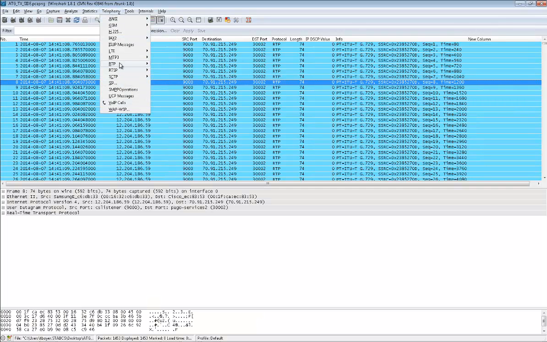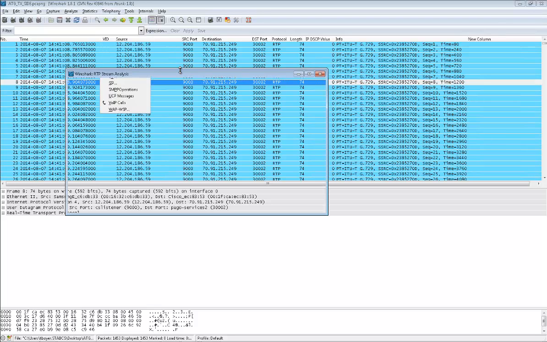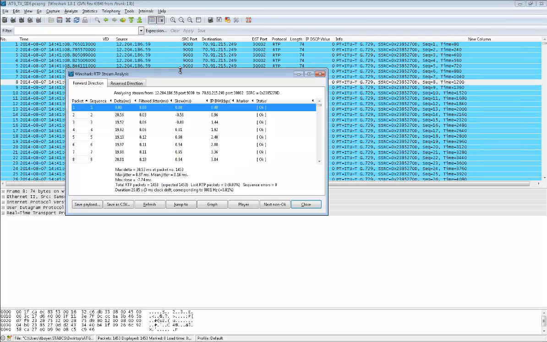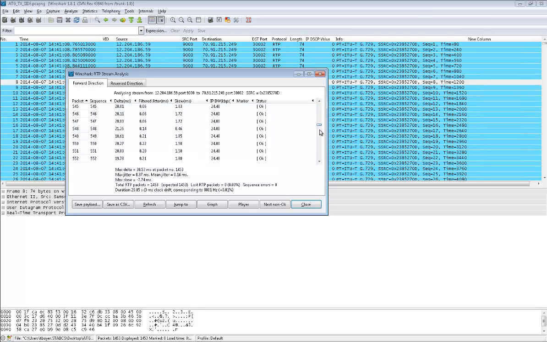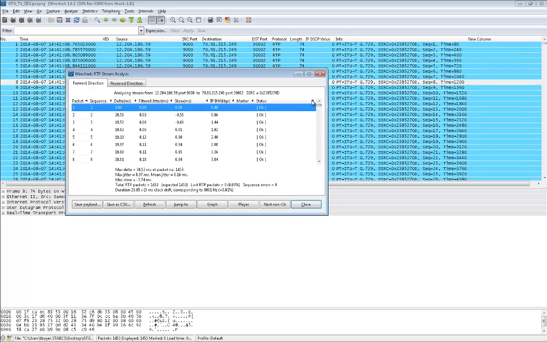Then we're going to go to telephony, and we're going to go to RTP Stream Analysis. And so this gives me information periodically throughout the conversation. And then what I'm really interested in